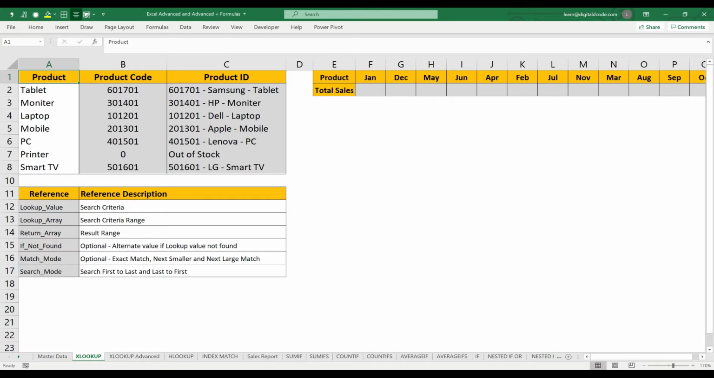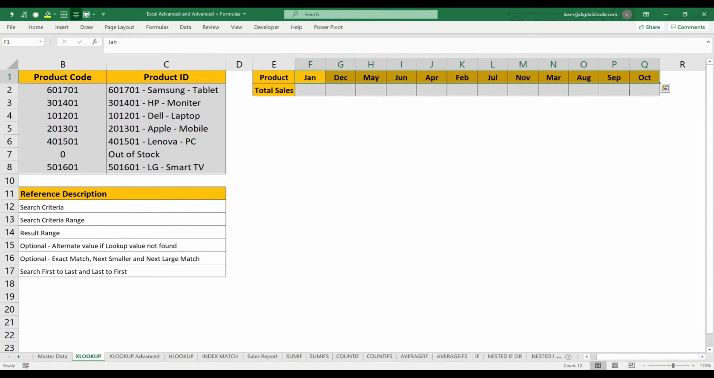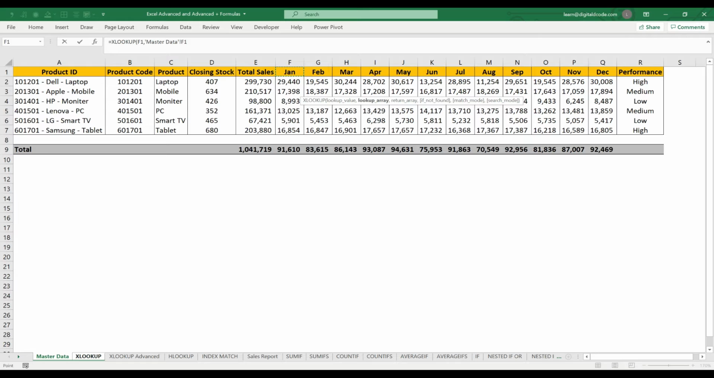We can also, using XLOOKUP, get the information for the columns. So now I have a product and I want the total sales. If you see here, I have Jan, December, May, all the months. I have 12 months which are not in order, all are swapped. So now using XLOOKUP, I am going to get the result. Equal XLOOKUP, my lookup value is Jan. Let me go to master data, where my months are here. I'm just selecting the months, comma,